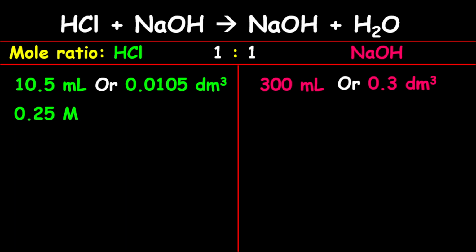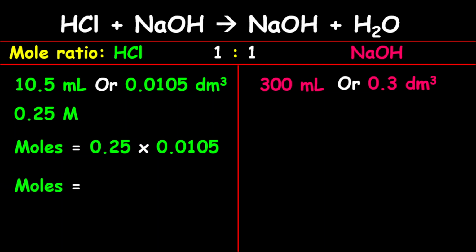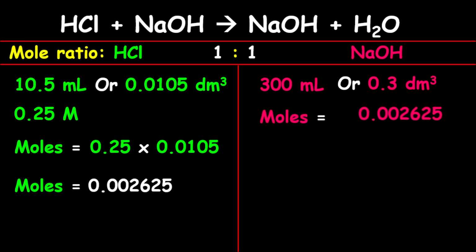Now, since we have the volume and the molarity of hydrochloric acid, we can find the number of moles of HCl. Therefore, the number of moles equals 0.25 multiplied by 0.0105. Therefore, the number of moles of HCl is 0.002625. Since the molar ratio is 1:1, it also means that the number of moles of sodium hydroxide is